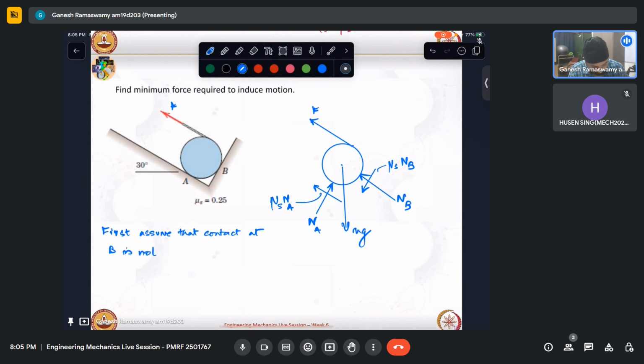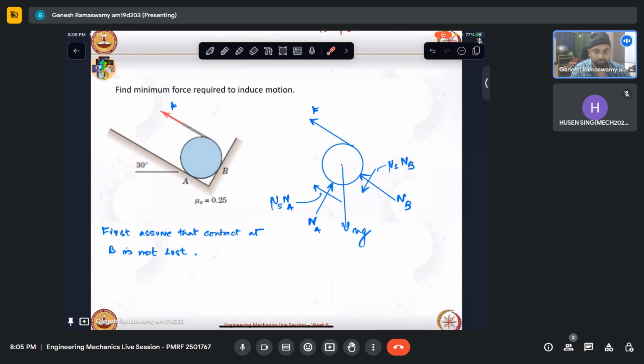And then I solve this configuration. And then I see if my limiting values are exceeded. If that is the case, then the contact at B would have lost. The second case would be I analyze it with the contact lost here. It is a simple free body. If I have lost the contact here and the weight is acting this way,